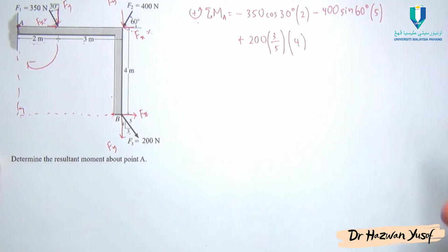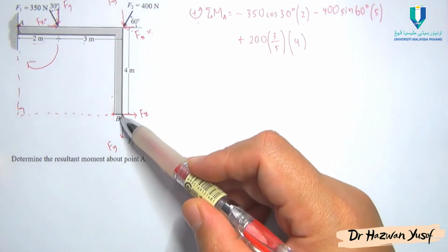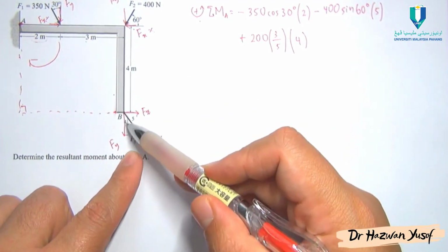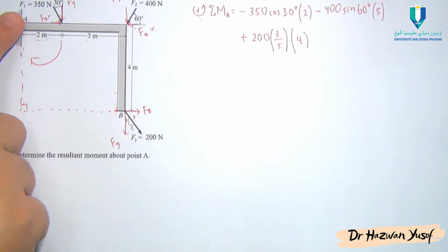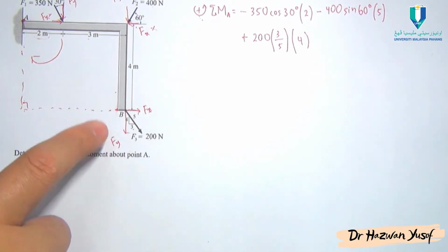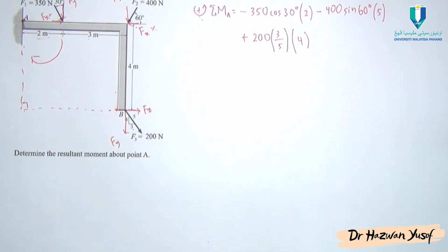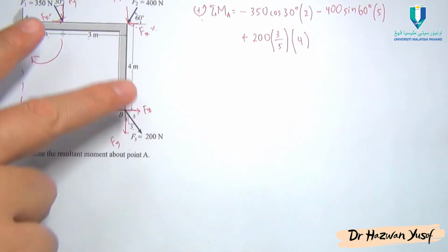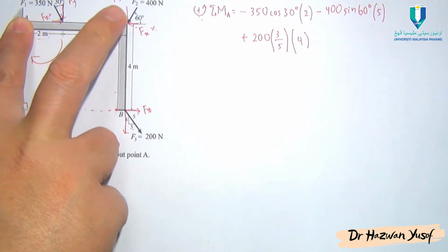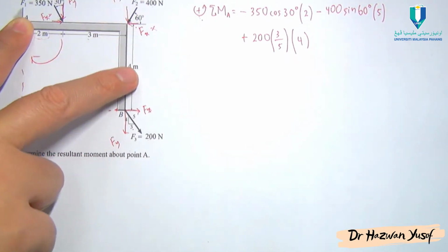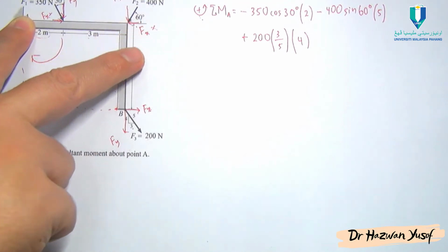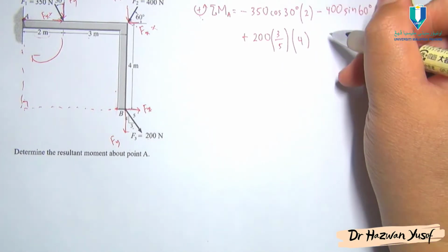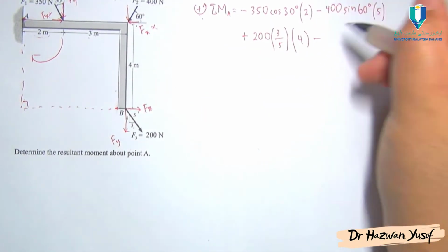Can we stop here? No, we cannot. We must do Fy also, because this Fy has a distance from A. So this Fy also will create a moment. How to determine positive or negative? Again, Fy here is pointing downwards. One finger on the rotation point, the other finger follows the direction of the force. As you can see, if we move this finger downwards, it will rotate clockwise. Our assumption is counterclockwise, so this one is clockwise, so negative